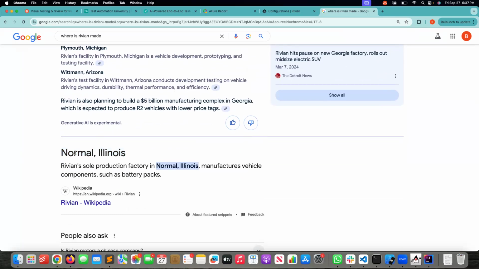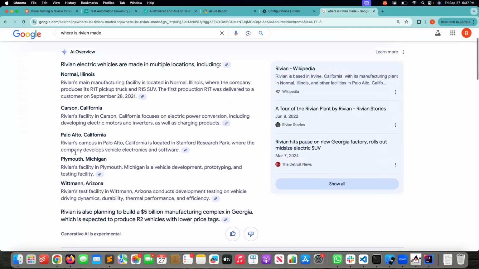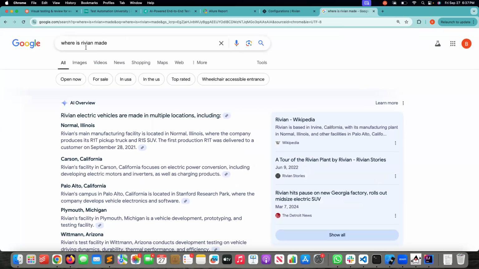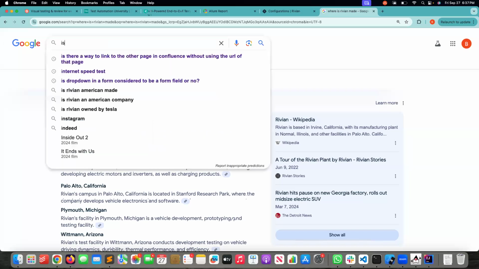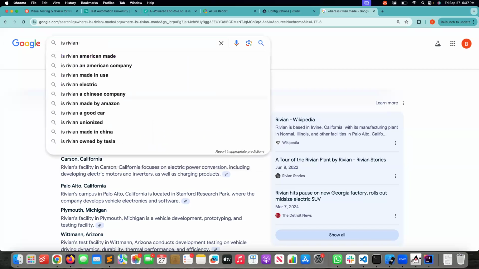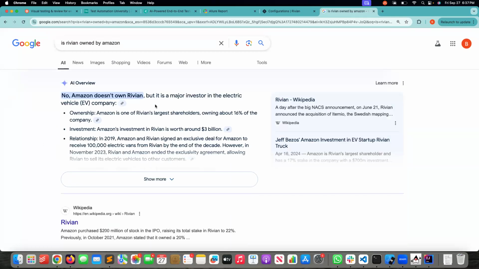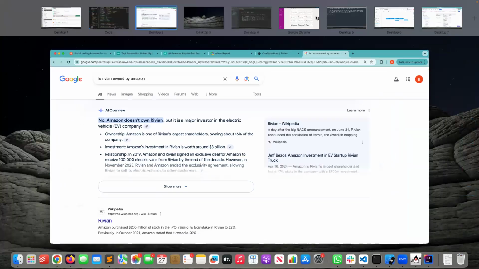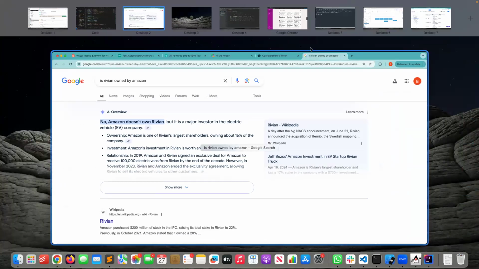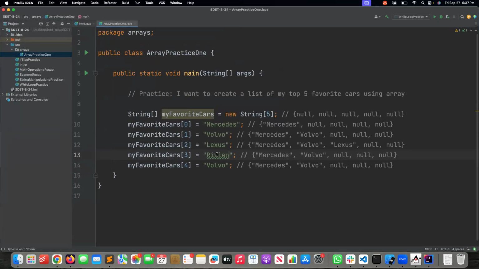Rivian? No. Is Rivian by Amazon? Anyways, they're a really good company, by the way. Now I see more of their cars. So number 1, 2, 3, 4 is Rivian. 5 is